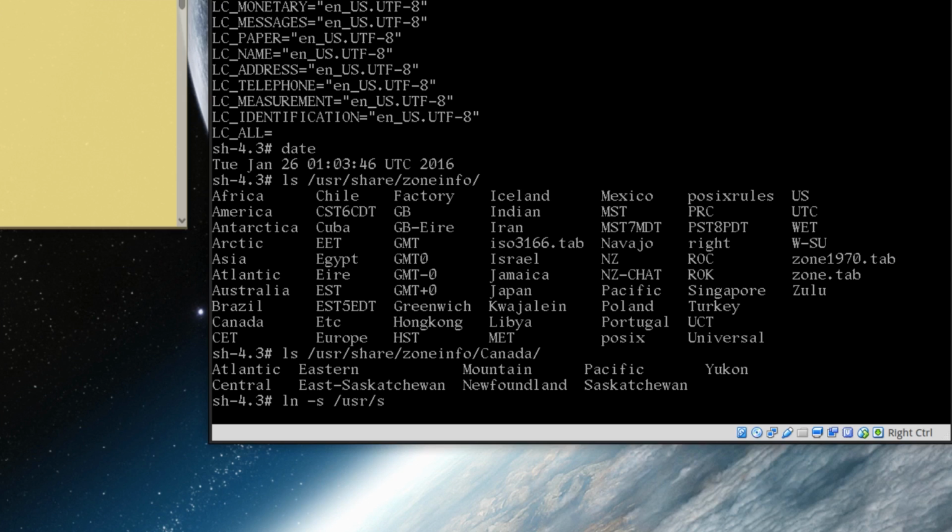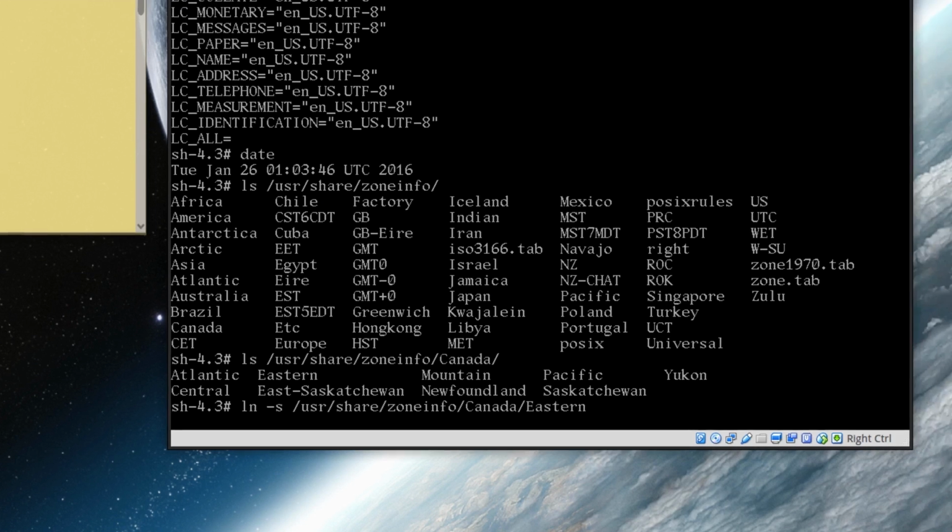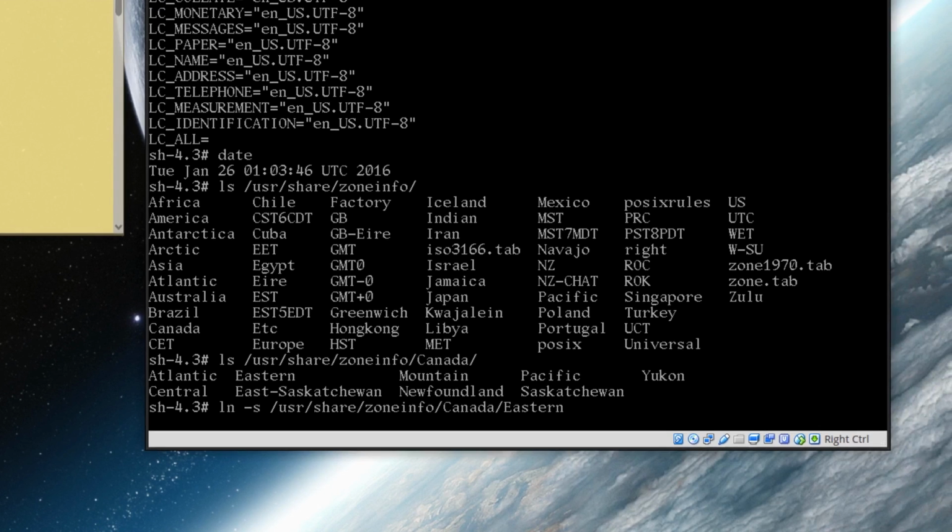USR share zone info, my country, my area. Okay, I'm pressing tab on that. You could do something like this as well. Say America, New York. It'll do the same thing. Okay. So anyway,